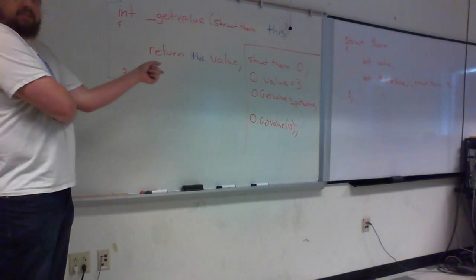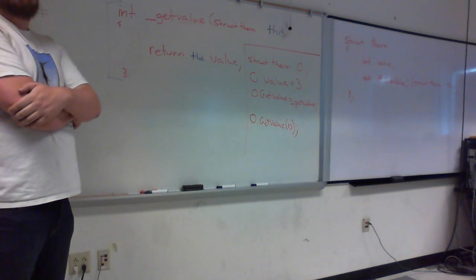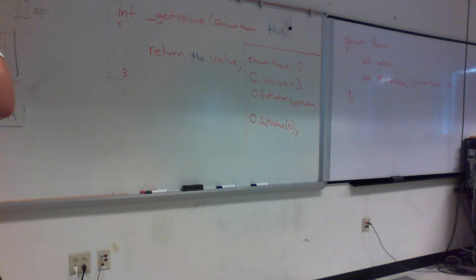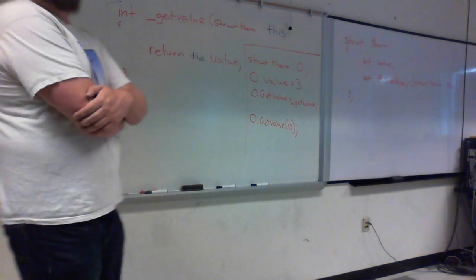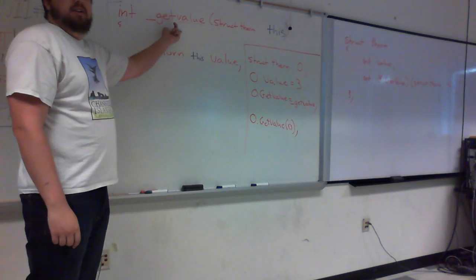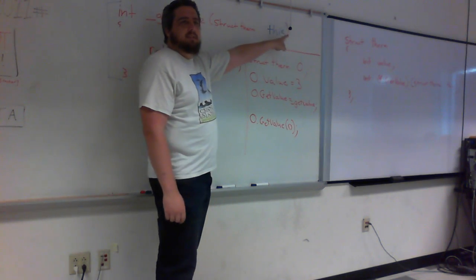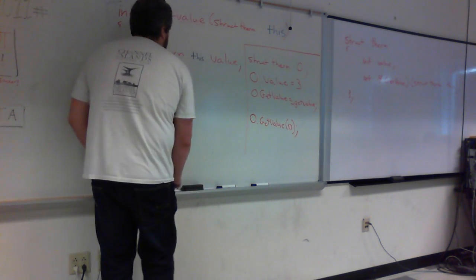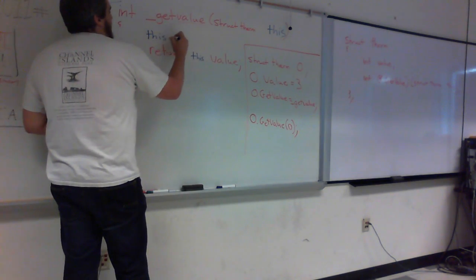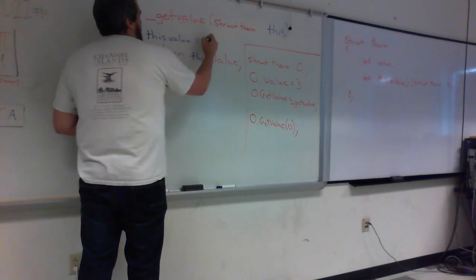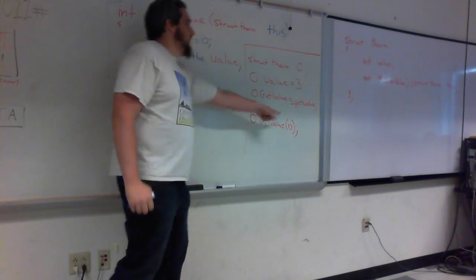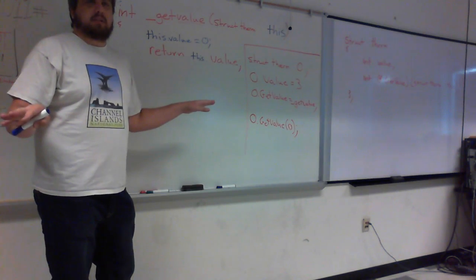Any questions? Does that answer your question? Yeah, would we need a malloc anywhere inside this? The answer is, the way it's written, no. However, the better answer is yes. The reason is that this getValue function does not take a pointer to this. So if I tried to change the value, if I said this dot value equals 0, when I call getValue on O, O and this are not the same object,